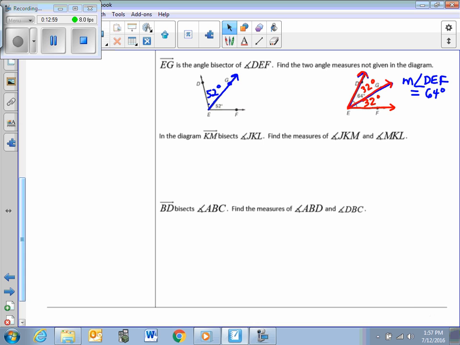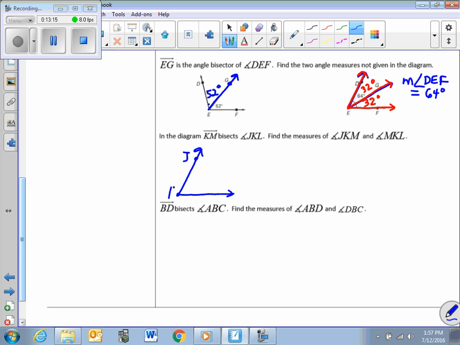All right, in the diagram, KM, in the diagram, I don't see a diagram. I guess we better find a diagram. We better make one. KM bisects JKL. We'll draw JKL here. JKL. And KM